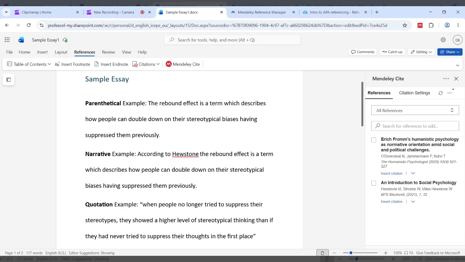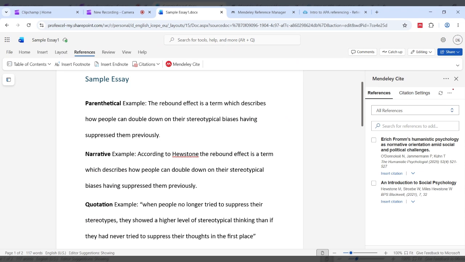And I have three examples laid out here already. All three examples are referencing the same excerpt from the same book. So basically, we're just going to look at three different types of in-text citations for the same source.